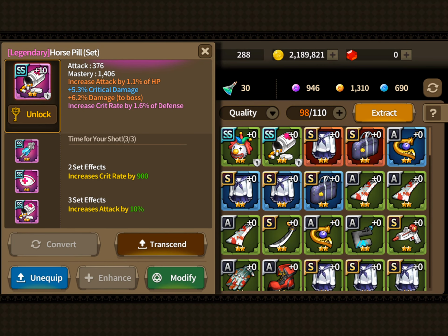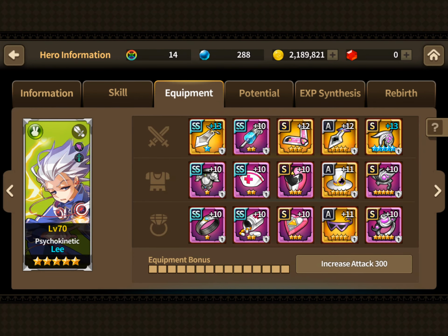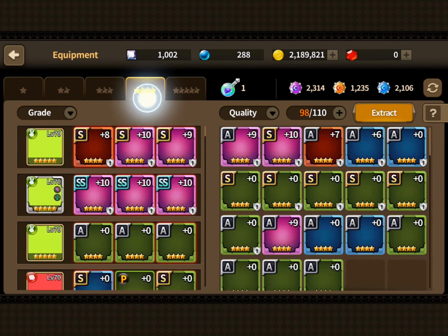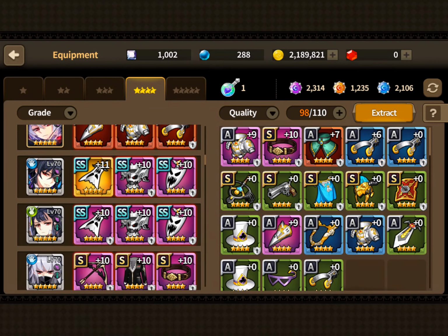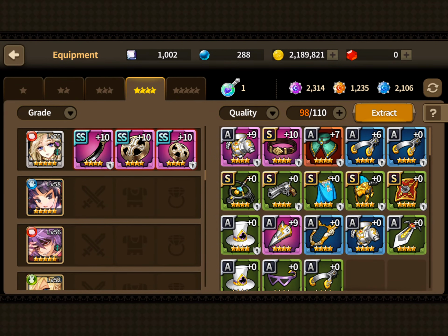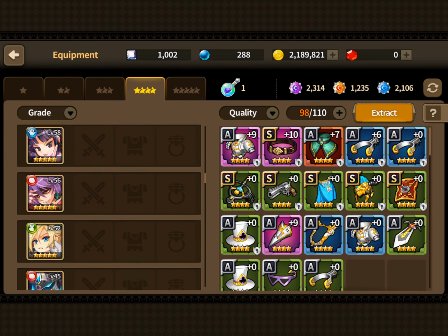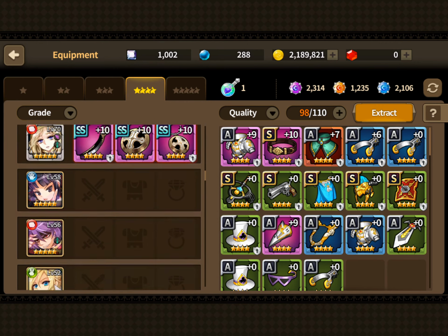As you can see here, I got the boss damage on all of his accessories. We got one right there. The boss damage is really going to do that. I'm hoping on elevating my Lee here this weekend. I did get the last piece to my sheriff set, so I do have the weapon now. I just had the 2-piece forever. I'm going to put that over